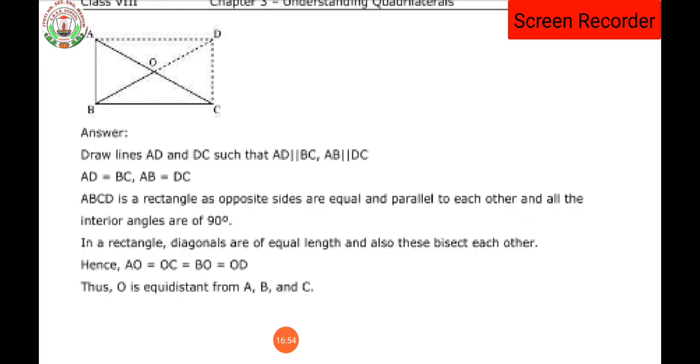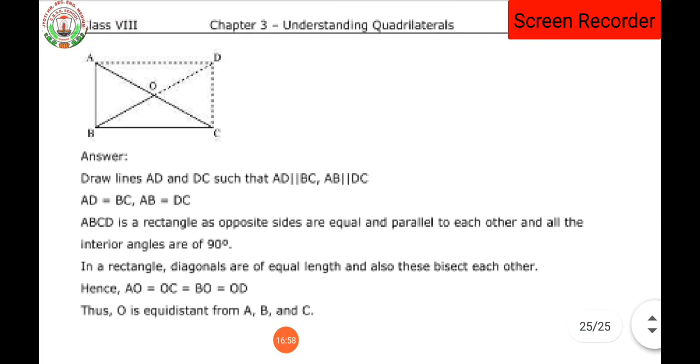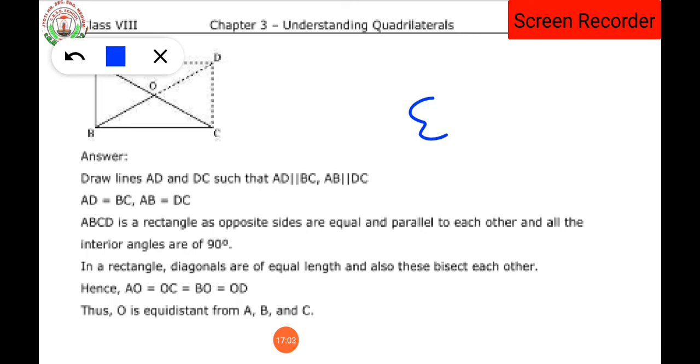So dear student, here in this way our chapter number 3 is over. We have ended chapter number 3. This is the last exercise of chapter number 3, exercise 3.4. Tomorrow onwards we are going to start the new chapter. Clear? And dear student, prepare for your exams also. Soon there will be pre-midterm exams. The details I will give you afterwards. So for today, thank you everyone.